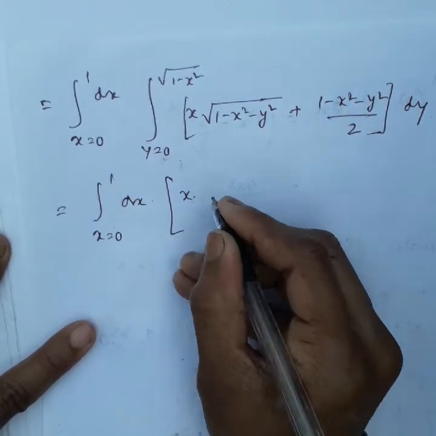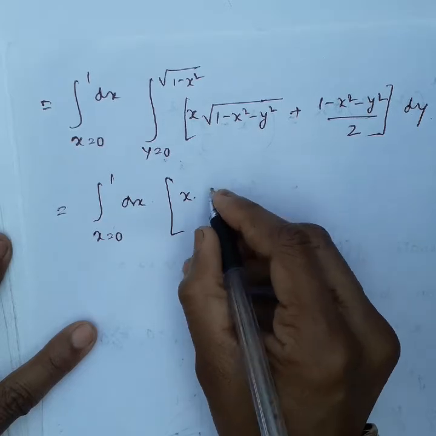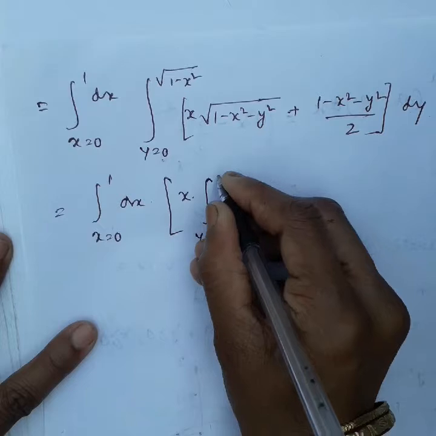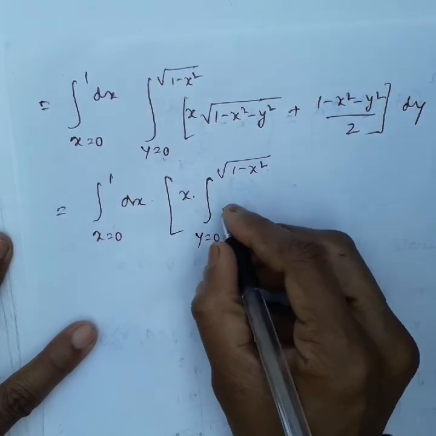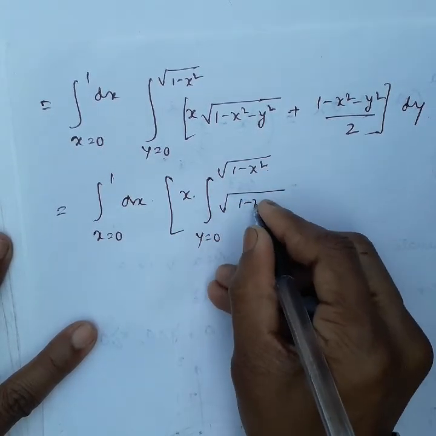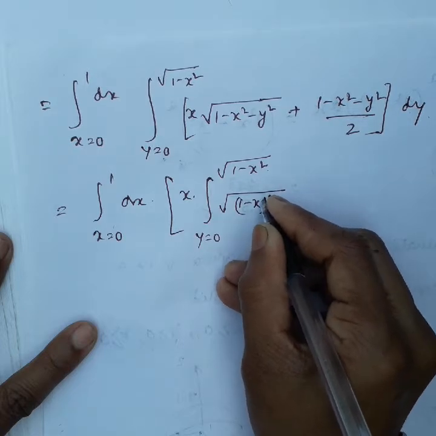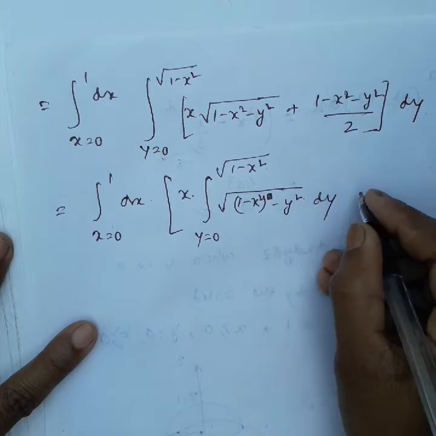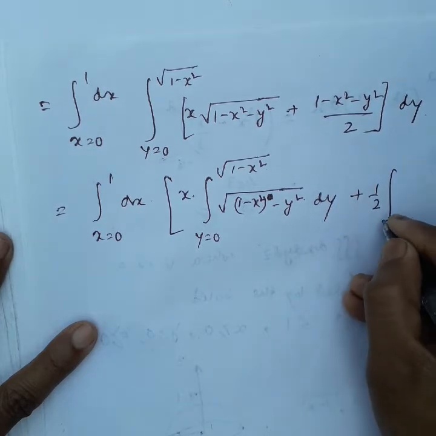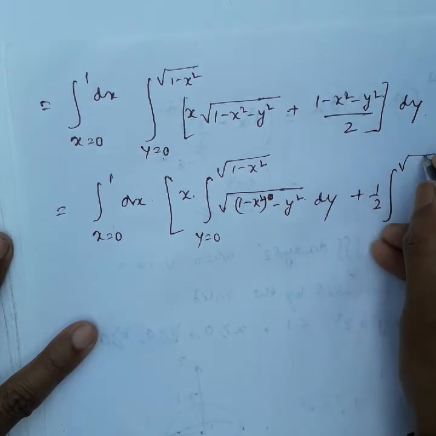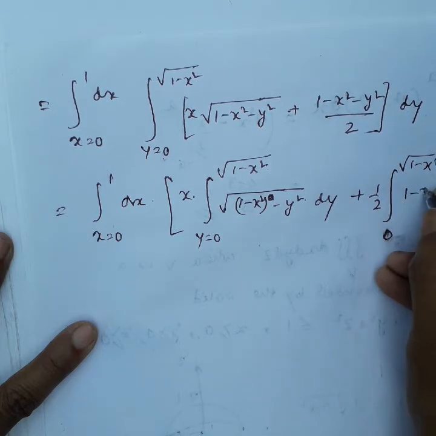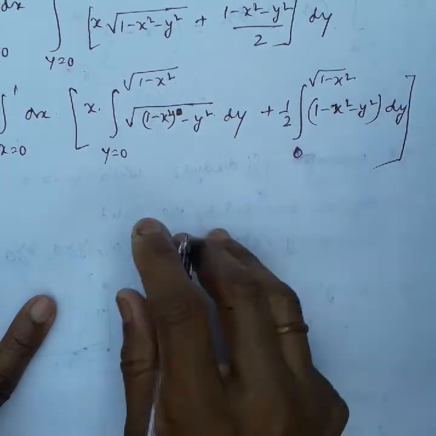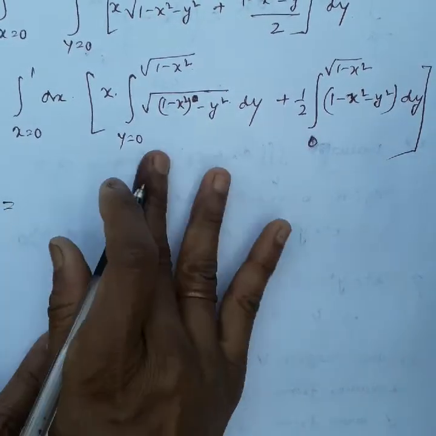After integrating, first we rearrange this: x into integration of y equals 0 to root over of 1 minus x square, root over of 1 minus x square minus y square dy, plus half of integration 0 to root over 1 minus x square of 1 minus x square minus y square dy. Okay, so